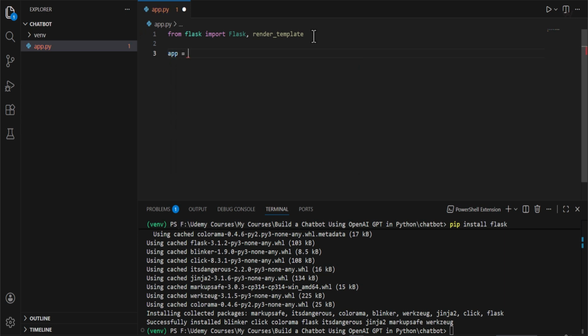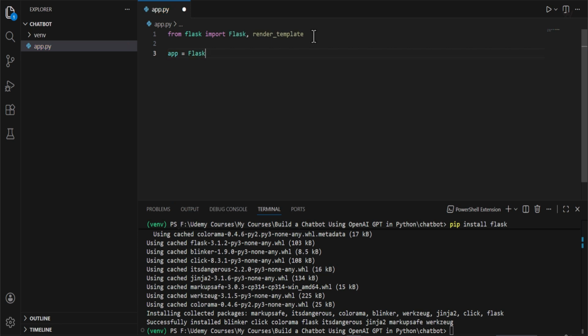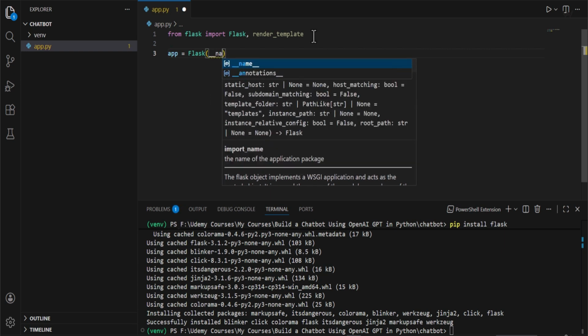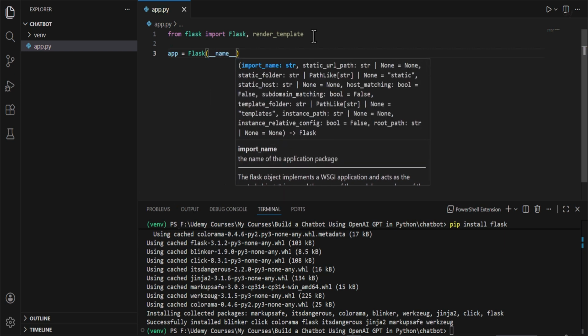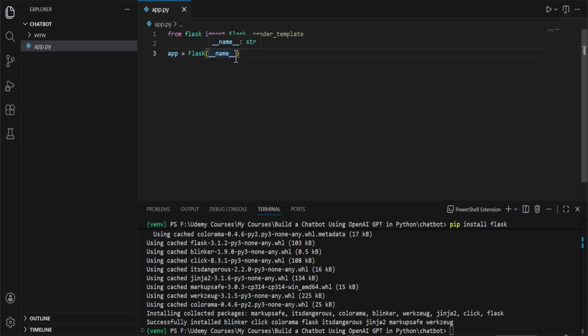I'm giving it a name of app. You can name it anything you want, but by the standards, it's better to give it a name of app. Flask, parenthesis, and then name, autofilling for me so I don't have to type the whole thing. So Flask with a capital F and then double underscore and name, keep the format as it is. Now this line creates our web application, and think of app